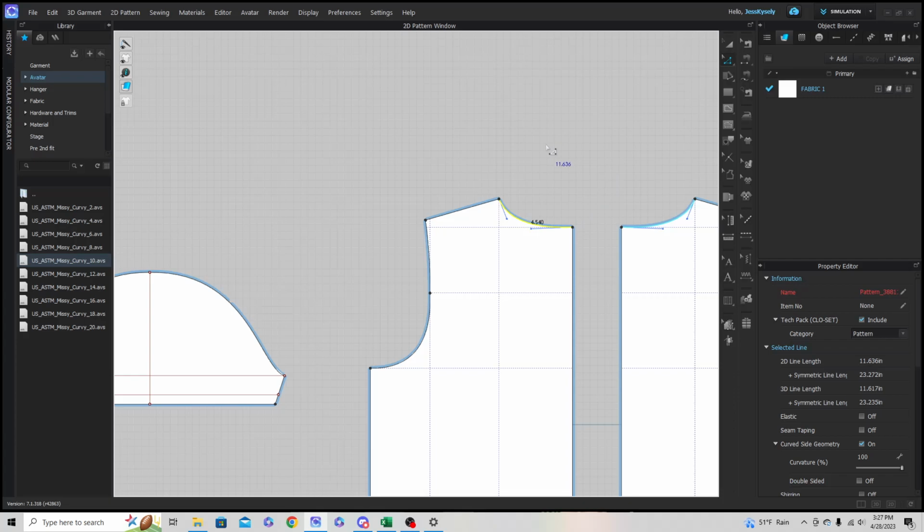So the total neck opening is 11.636. That is for half of the pattern, so we should multiply that by 2. 11.636 times 2 equals 23.272. If you subtract about a half inch, because typically neckline trim is rib knit and you'll stretch it slightly